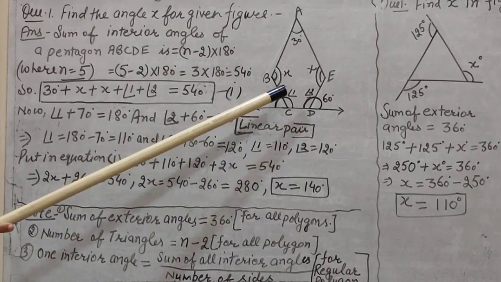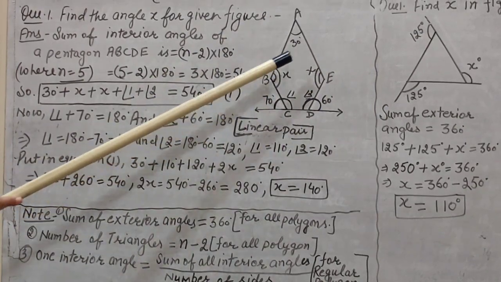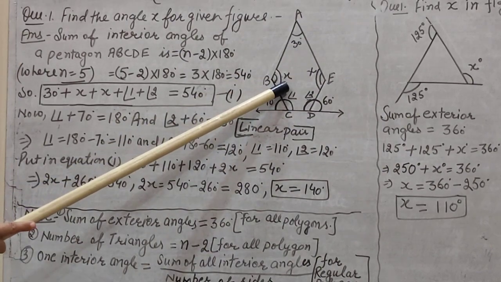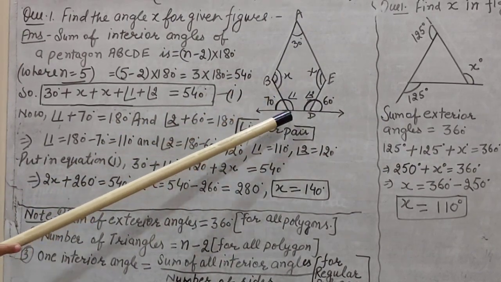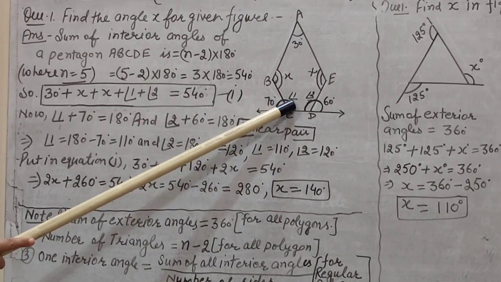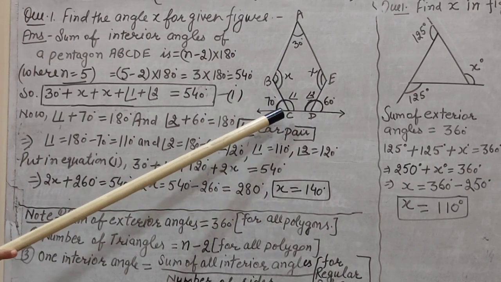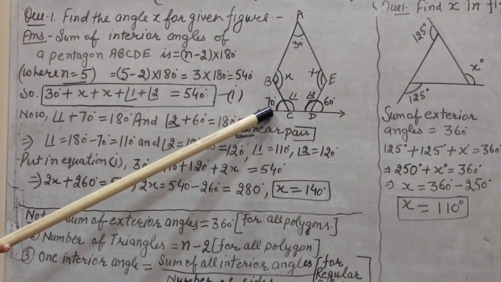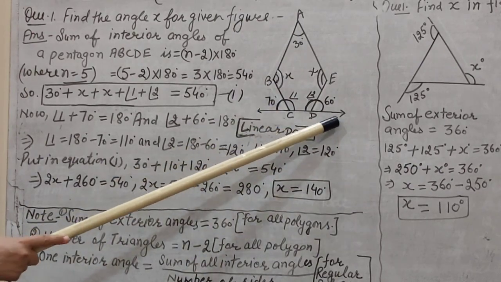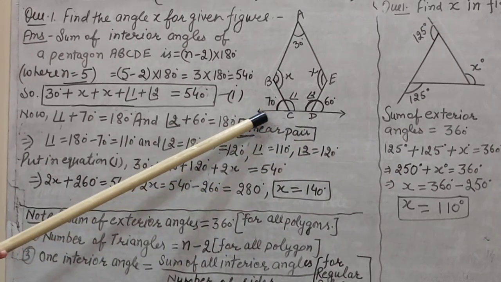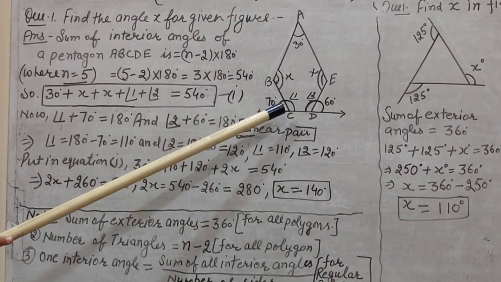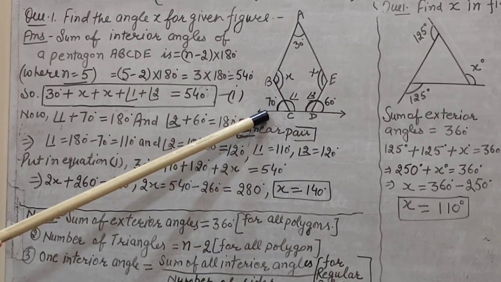First of all, we have to understand the diagram. First angle is 30 degree. Second angle is x, angle B is x. Next, angle C, that is the interior angle, is not given. Actually, only the exterior angle for C is given. That is, the base of the pentagon is extended from both the sides. Alright, that's why they put the arrow. Now, the exterior angle of angle C is given and the exterior angle given is 70 degree.